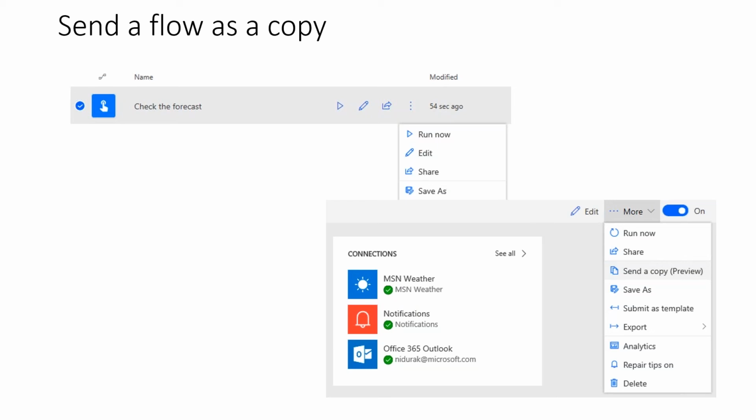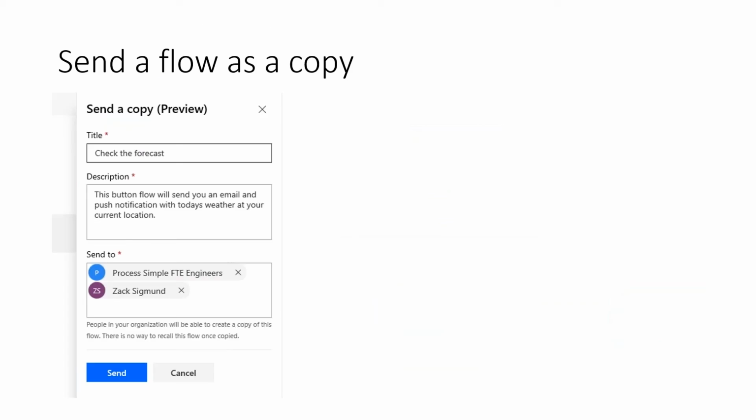and you can do that in a number of different ways, even within the flow here. Pulling down on the More button gives you the ability to send a copy. It's still in preview mode as of right now, so that screen cap is showing preview, but then you can also send it to, when you send a copy, it gives it to the appropriate people